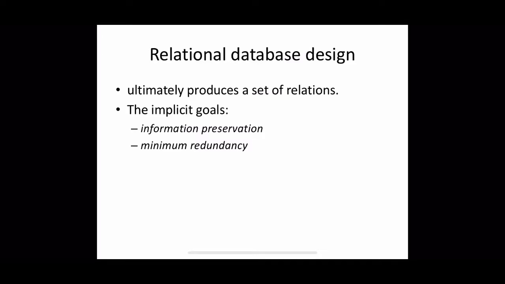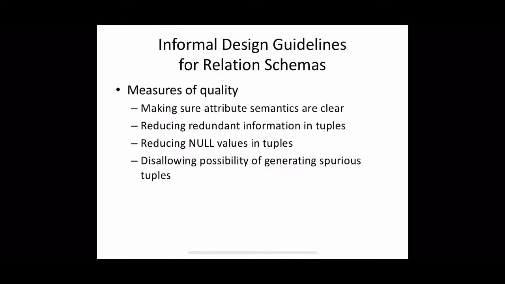If the same information is stored multiple times, there can be a lot of issues, like multiple updates and how to maintain consistency among multiple copies. All those issues should be addressed by minimizing the redundant information stored. So this session will give you a set of informal design guidelines to measure the goodness or quality of a relational schema design. These are quite informal, and formal constraints like functional dependencies will be discussed in further sessions.